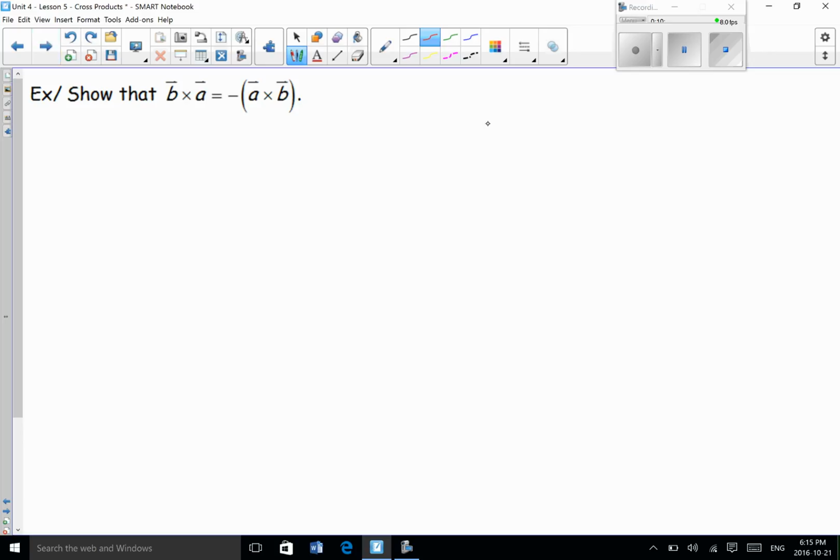Well, the easiest way is to pick something with some numbers. So let's pick a vector A, just some nice easy numbers here, 3. And we'll try B, and what's some other easy numbers? We can do 0, 1, and -1, as long as these two vectors are not collinear, right? And if we try B cross A